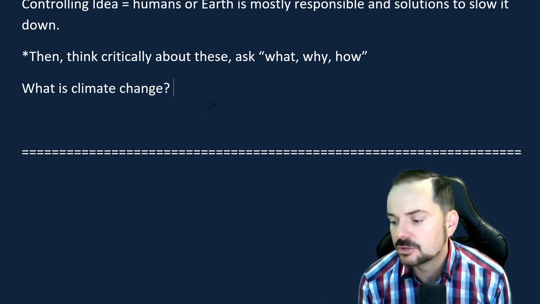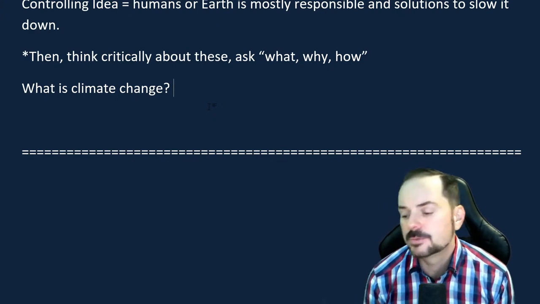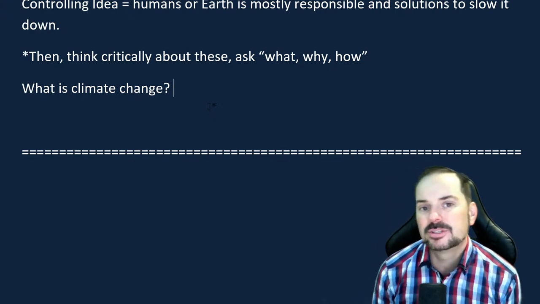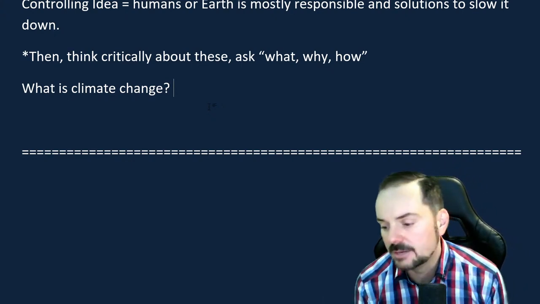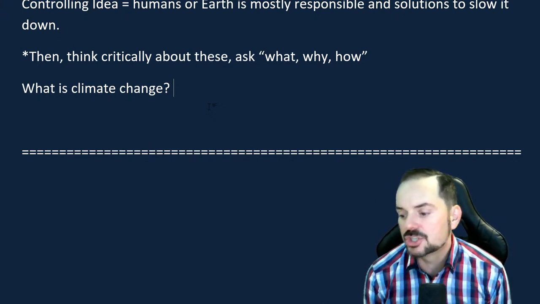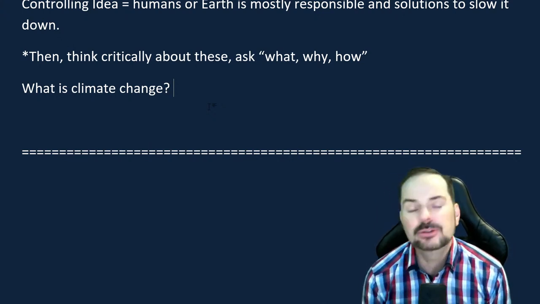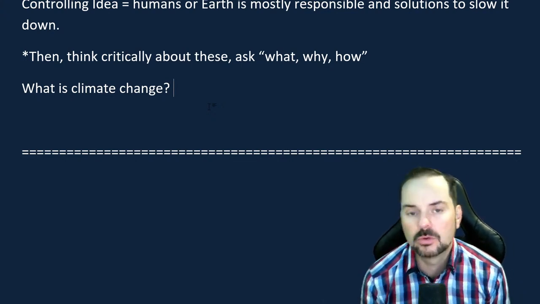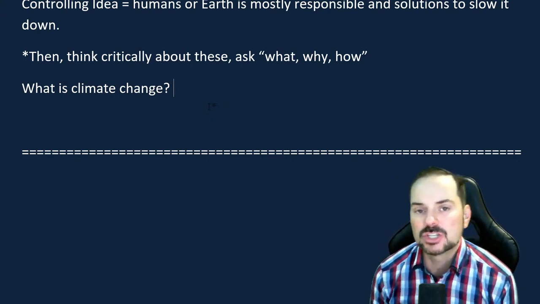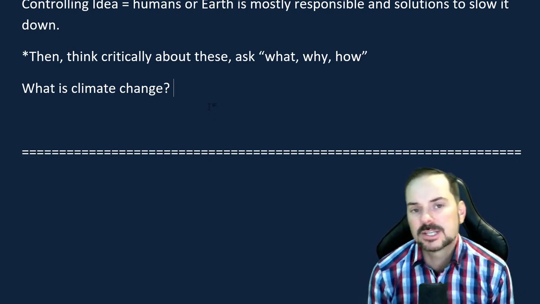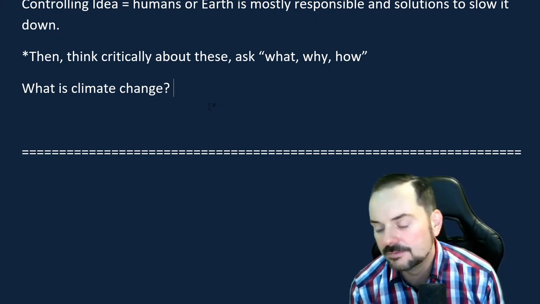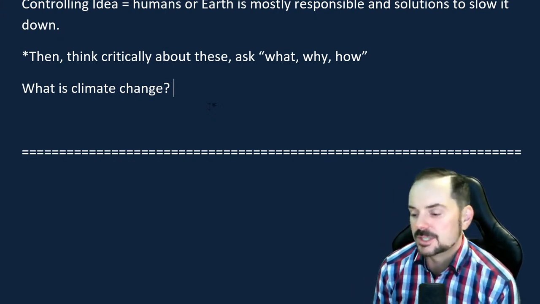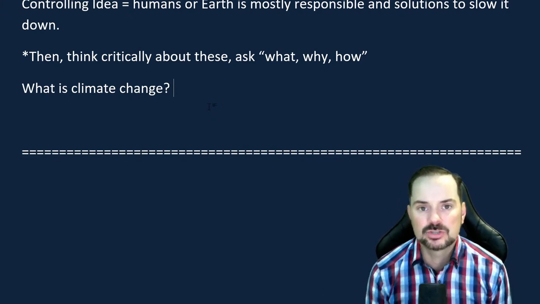Zarina says it's the natural event in changing of the climate. Zarina, that's okay, but you should never define a word with itself. So I shouldn't use climate in my definition, okay? Mal says it's the sudden change of the atmosphere of the Earth. I don't know if that's accurate, Mal. I agree that the atmosphere changing is a part of this phenomenon, but I wouldn't say that in itself defines what most people would consider climate change, okay?